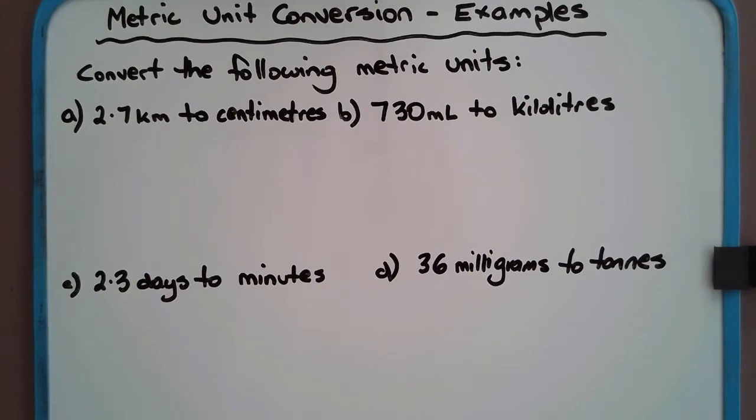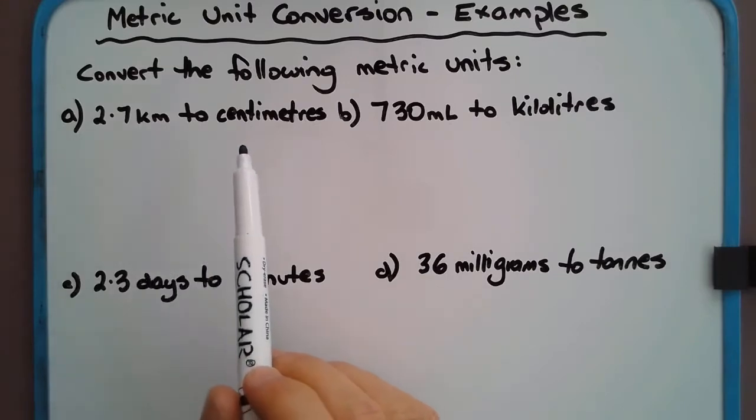Let's have a look at some examples now of metric unit conversion. Metric units are your typical centimeters, millimeters, micrometers, kilograms, grams, milligrams, tons. They're all examples of metric units. So when converting from one metric unit to another, I think the first thing you need to ask yourself is this: